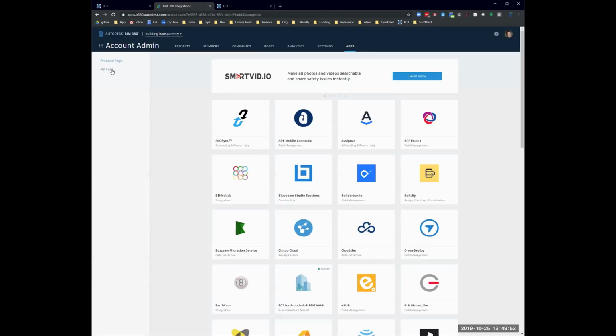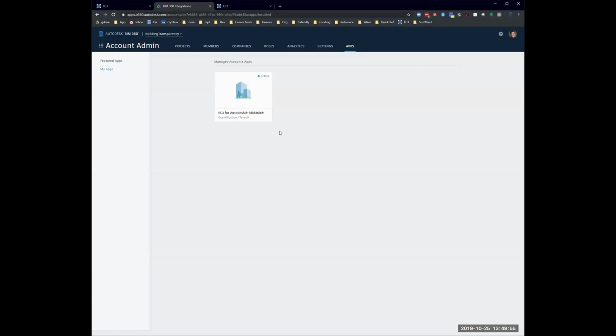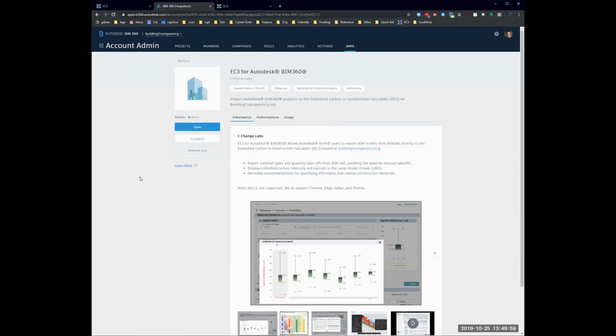Going back to the list of apps, you should now be able to see it under My Apps as an active app. Now, going back to docs.bim360.com,